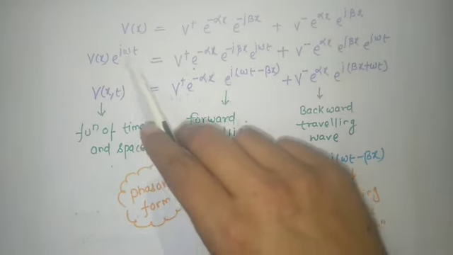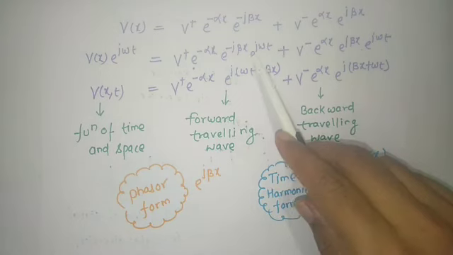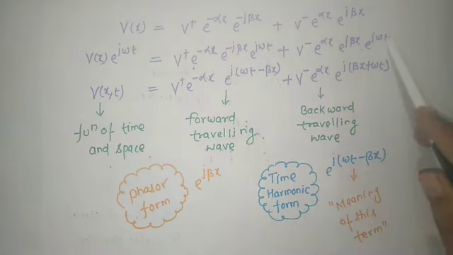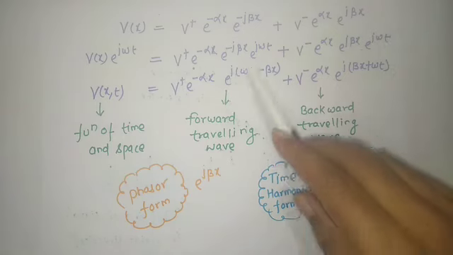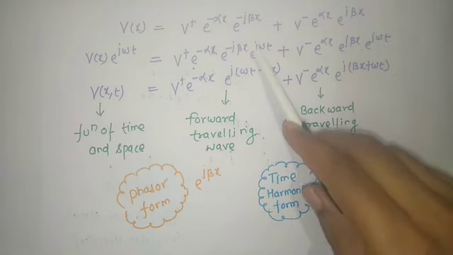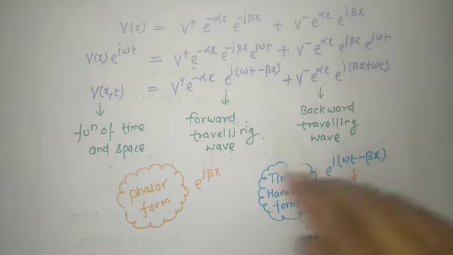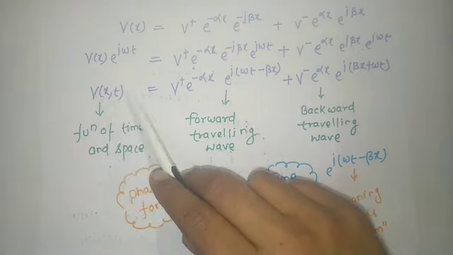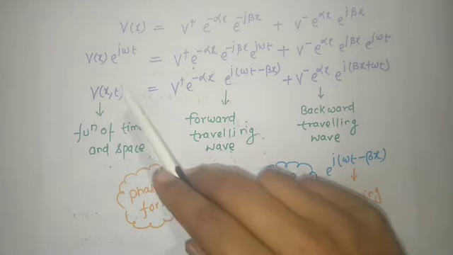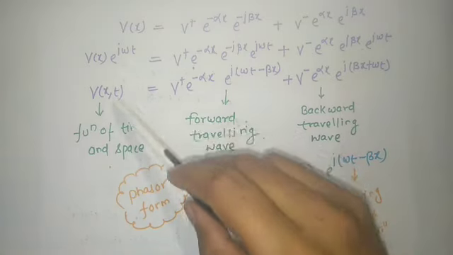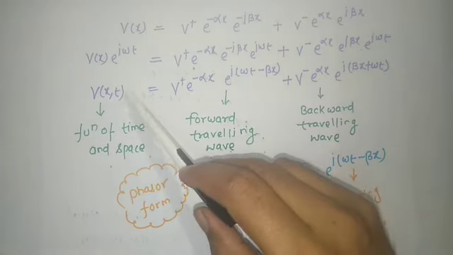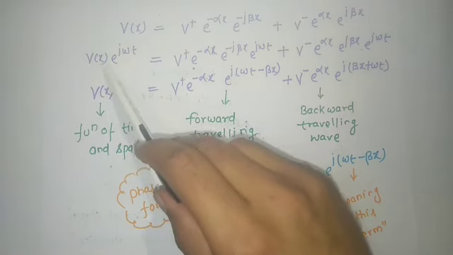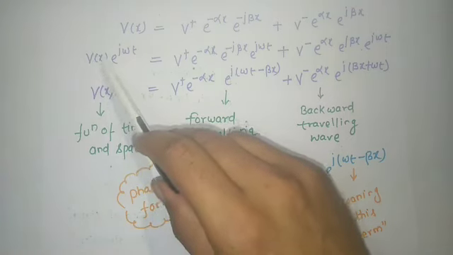If we multiply by e power j omega t, we have to multiply e power j omega t here and e power j omega t here. Let's modify it. If we modify this equation, then it will look like this. So I have written here that v is a function of x comma t. Why? You can write directly V(x) e power j omega t, so totally we say the voltage is a function of space as well as time.